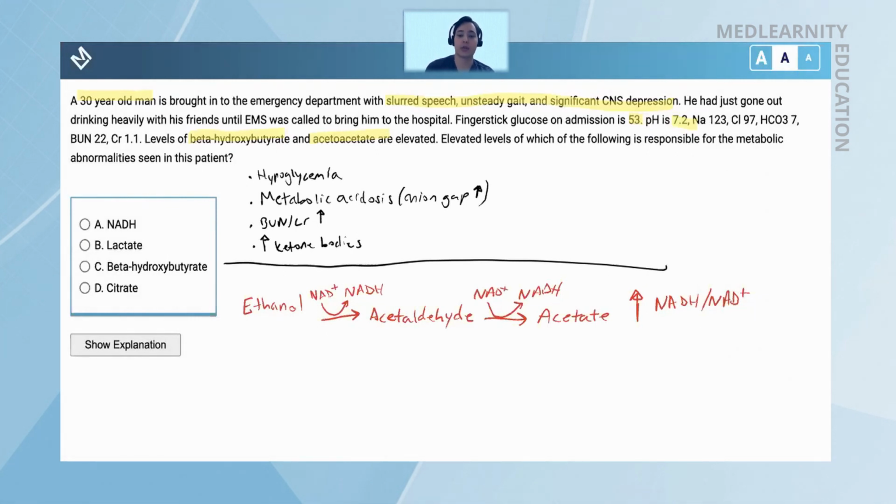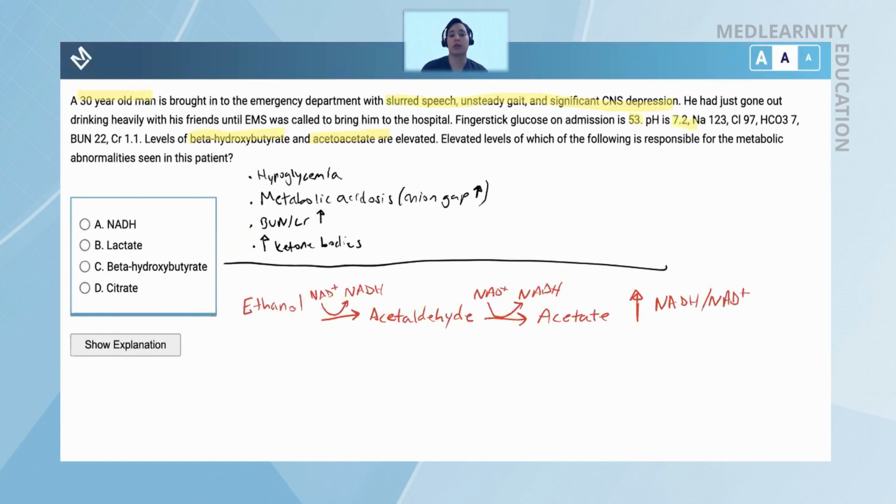Now, the reason that this whole pathway can proceed is because there's a proper balance between your levels of NAD plus and NADH, such that if you have a lot of NAD plus around, it signals that you're going to want to produce more NADH so that those can ultimately be converted into ATP as they drop off their electrons. But when you have a lot of NADH around, what that's suggesting to the body is that you've converted all your NAD plus already. There's no need at this moment for more production of NADH, and it'll halt all these pathways that we've been talking about.